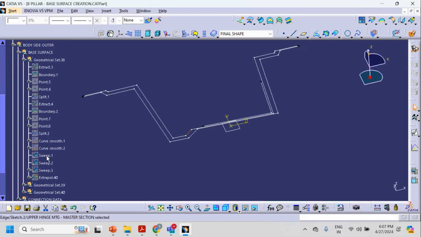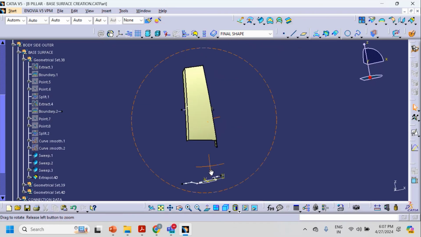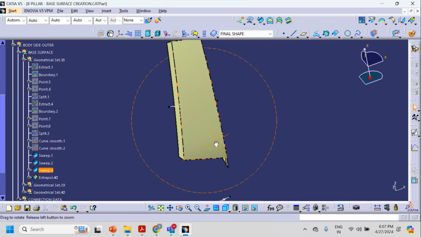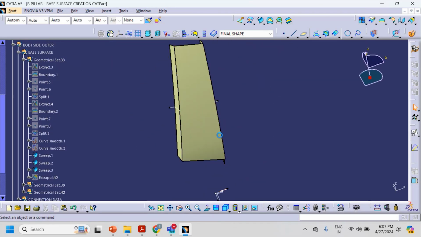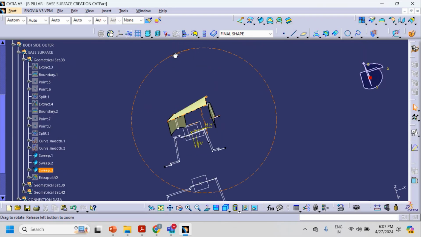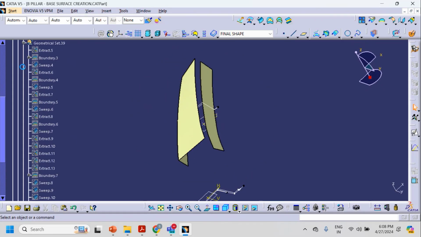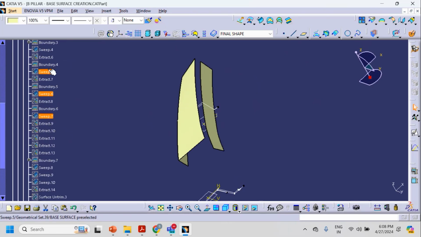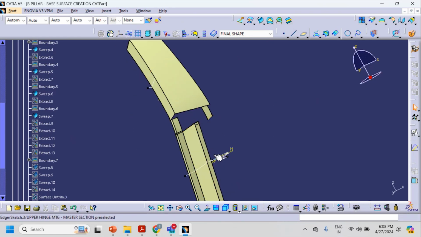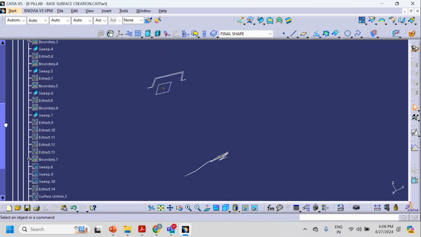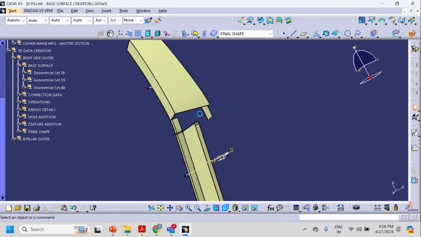From that we have created the top sections, then the bottom surface, and each surface. Once we have created all these surfaces,